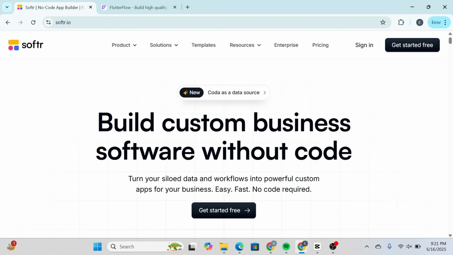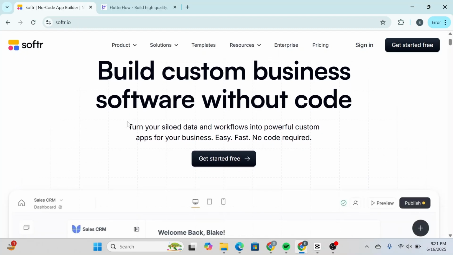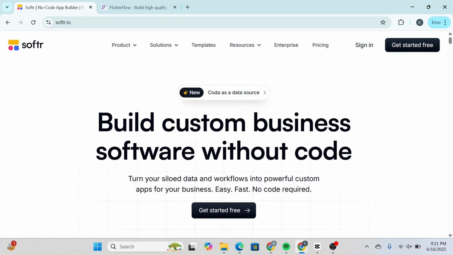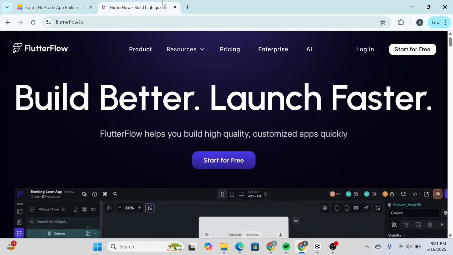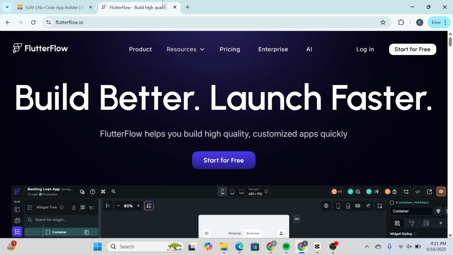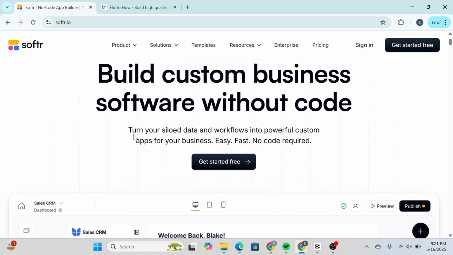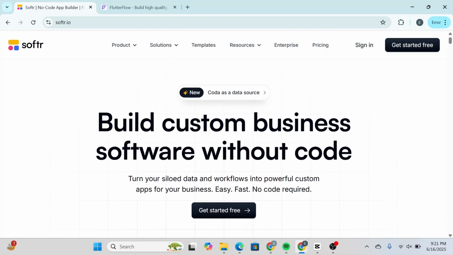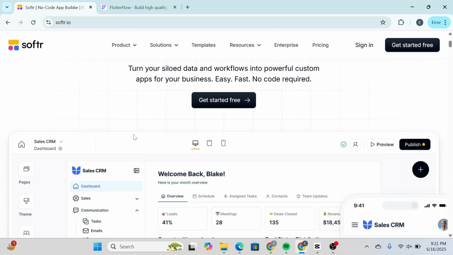Hey everyone, and welcome back to the channel. In today's video, we're diving into a detailed comparison between Softr and FlutterFlow, which are two powerful platforms for building apps without writing a ton of code. Whether you're a non-developer or someone with some technical experience, this breakdown will help you decide which tool best suits